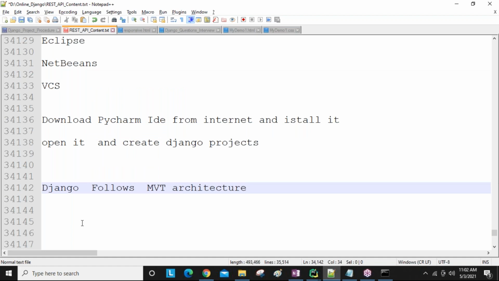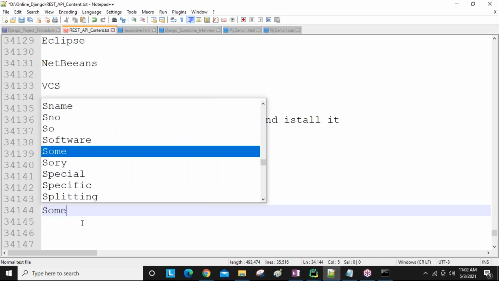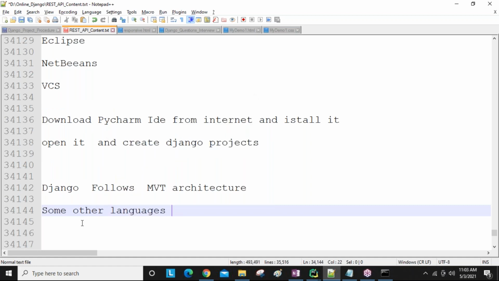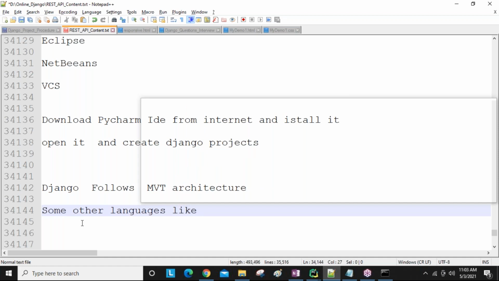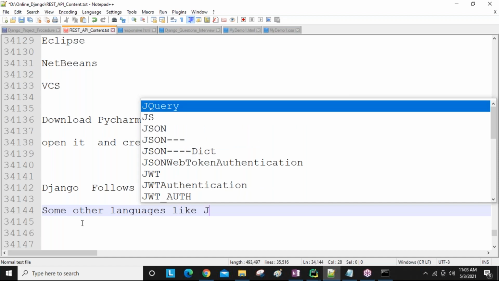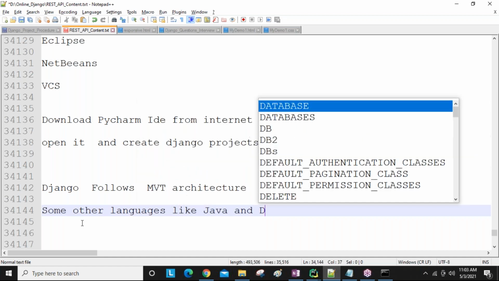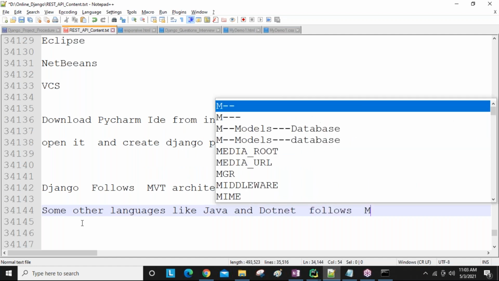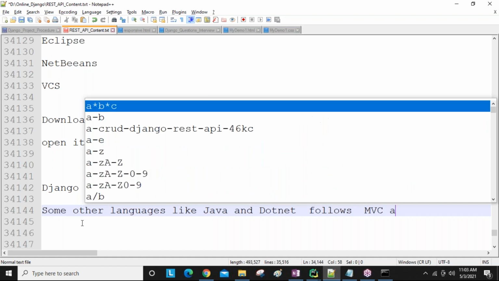Some other languages like Java and .NET follow MVC architecture, guys.